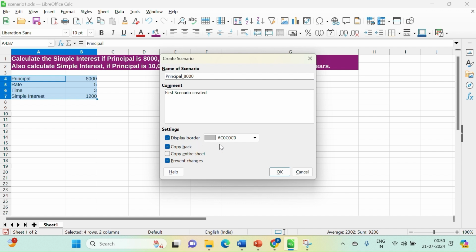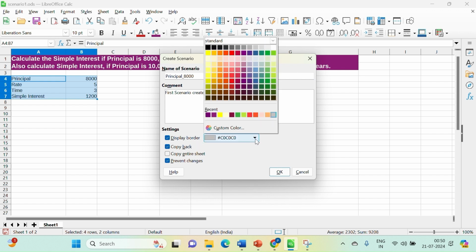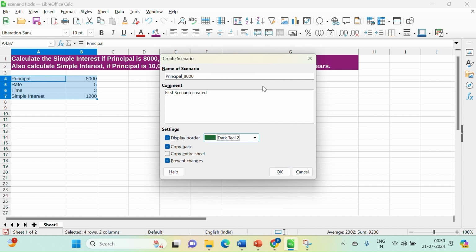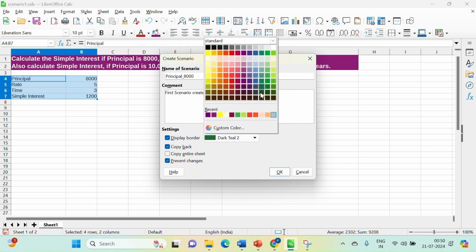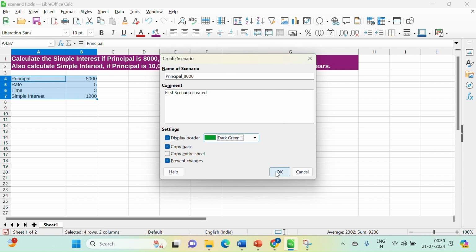In order to change the border color, just click on the drop down and select the appropriate color that you wish to take. Suppose in this case I'm taking a dark green color, and then we'll be clicking on OK.